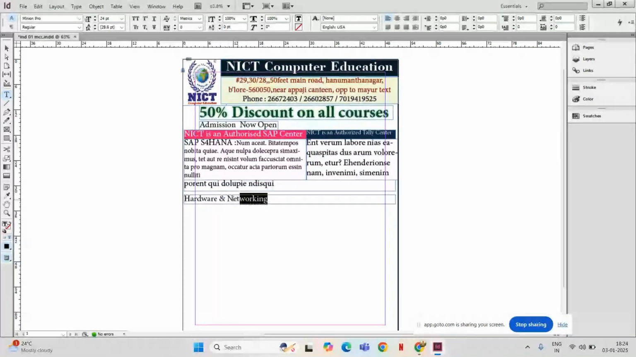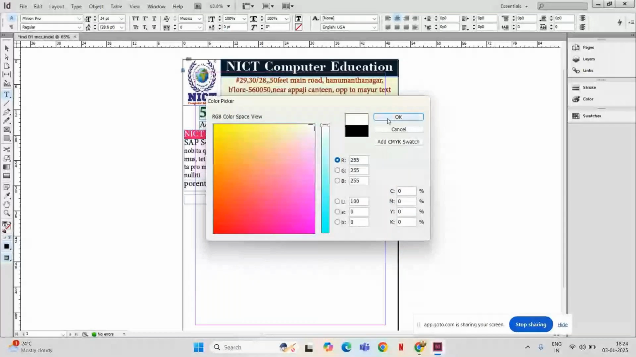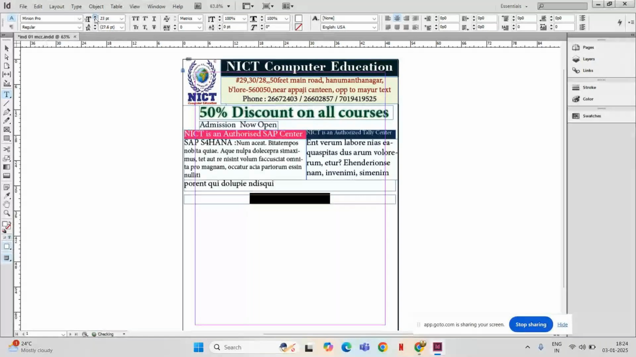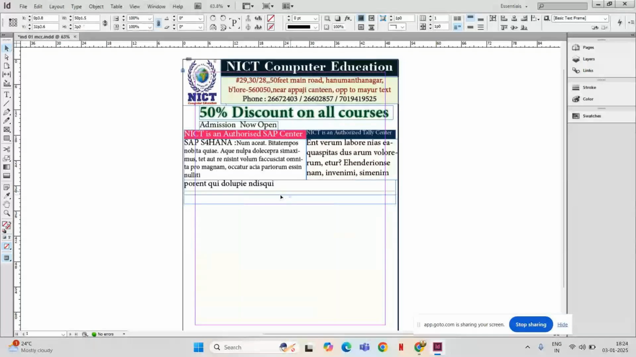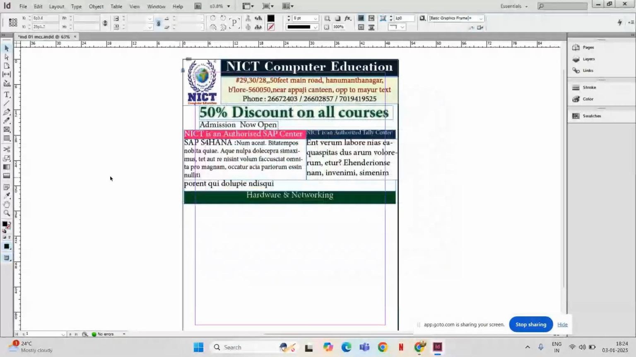So this one, I'll do center alignment, and I'll give the text color as white, and I'll increase still. After, I'll give the fill color. I'll give the fill color. So select that box, go to this and give the fill color. I'm giving the fill color as green. Here also,